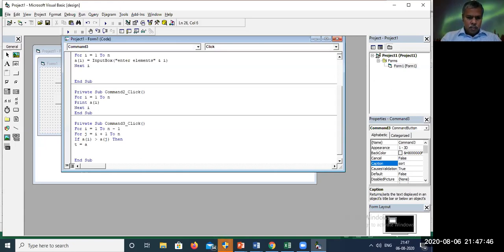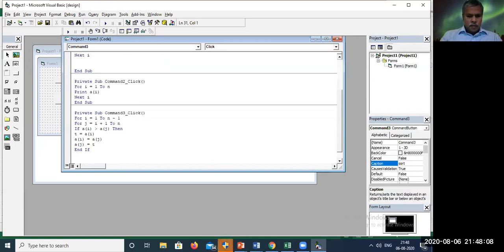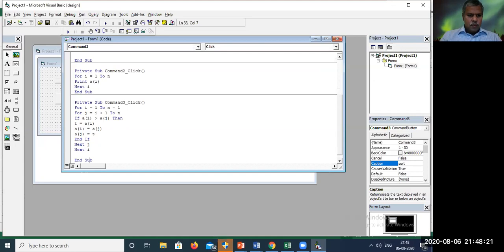T equal to A of i, A of i equal to A of j. Now A of j is empty, so A of j equal to t. Then the inner loop has to be closed first, then the outer loop.